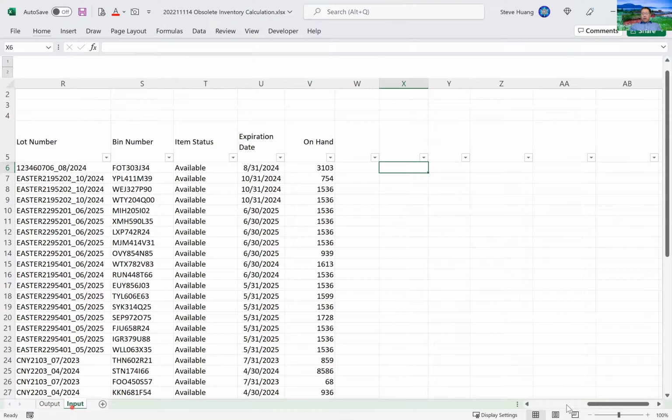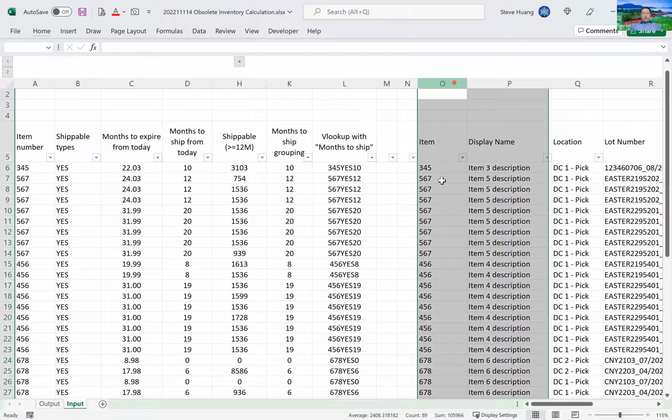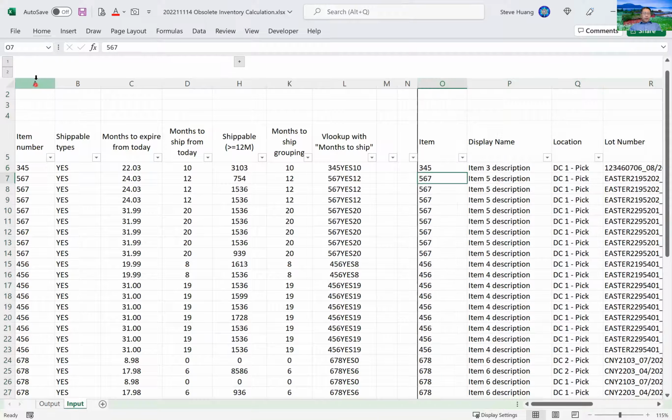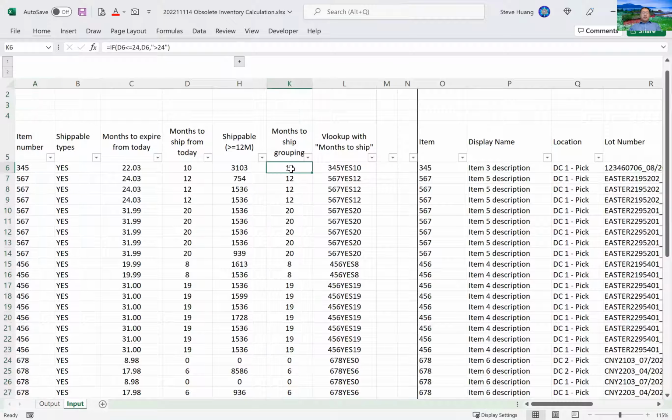Let's look at the input data over here. Jennifer has already done some additional calculation on the side, so we don't necessarily need to use the data over here. What we really need is the item number, and we need to know how many months until that inventory becomes short dated. So this 10 means in 10 months, this inventory,